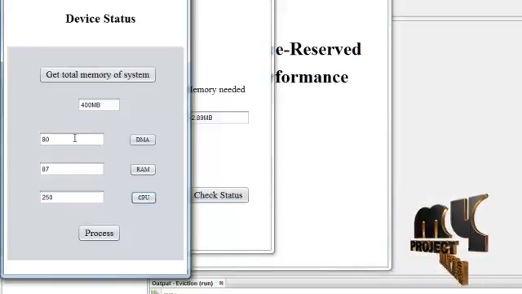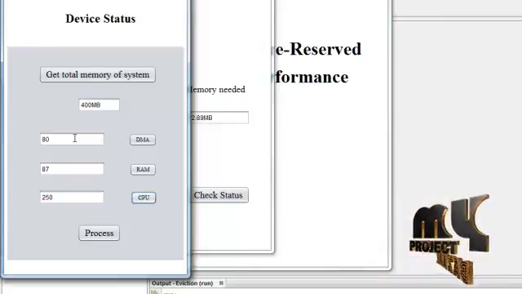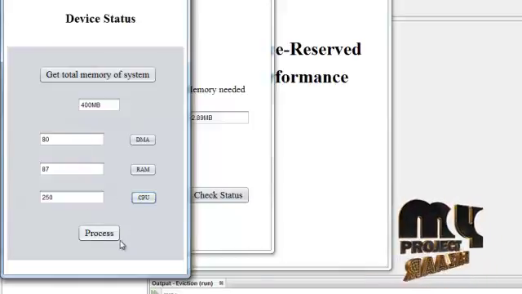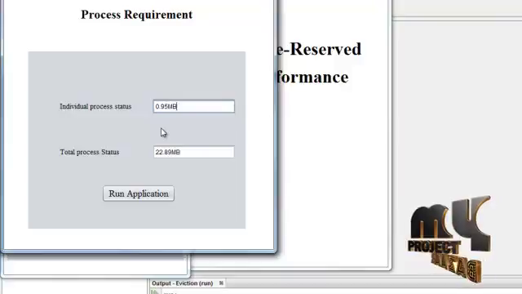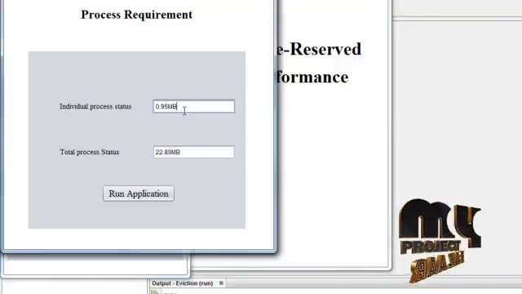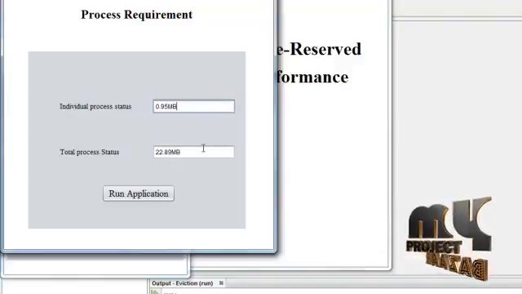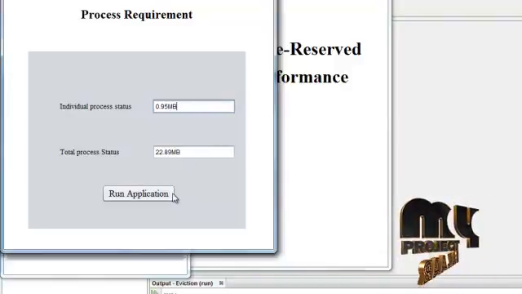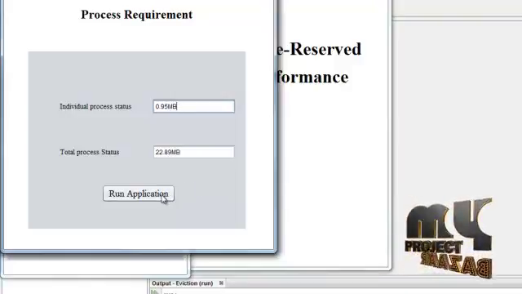Now we can know that our system is accessing more memory, so our processes need to be in a queue. Then click on the process. This is our process requirement. We have been given 24 processes, but the individual process memory is 0.95 MB, and the total process memory is 22.89 MB. But we don't have that memory space in our device to run, so we need to optimize